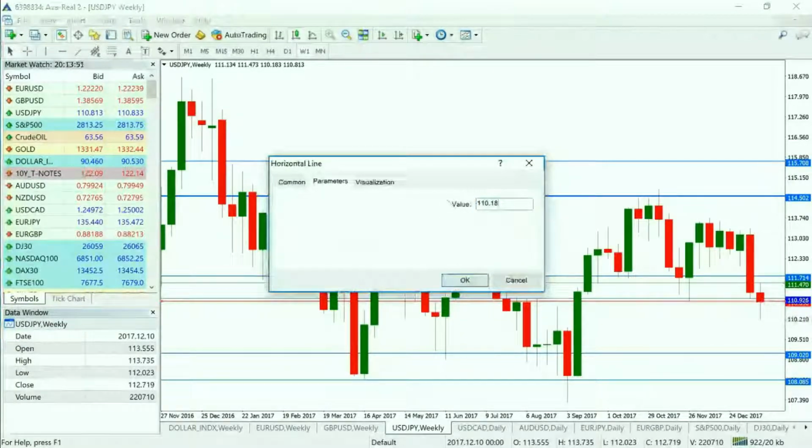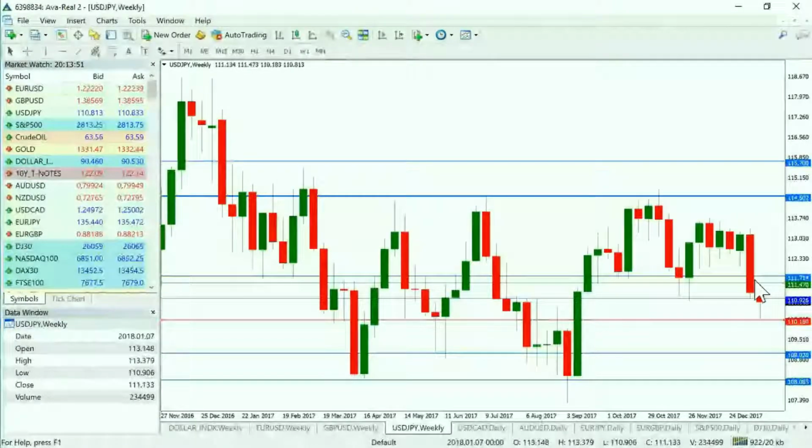110.18. So it's important to mention that these are levels of support and resistance, and these are not entry prices, to the downside or to the upside. We want to see how price behaves around these levels, and we also want to see how these levels interact with other significant levels of support and resistance. So occasionally there's a bit of overlapping, and the high would coincide with our 111.74 as well.